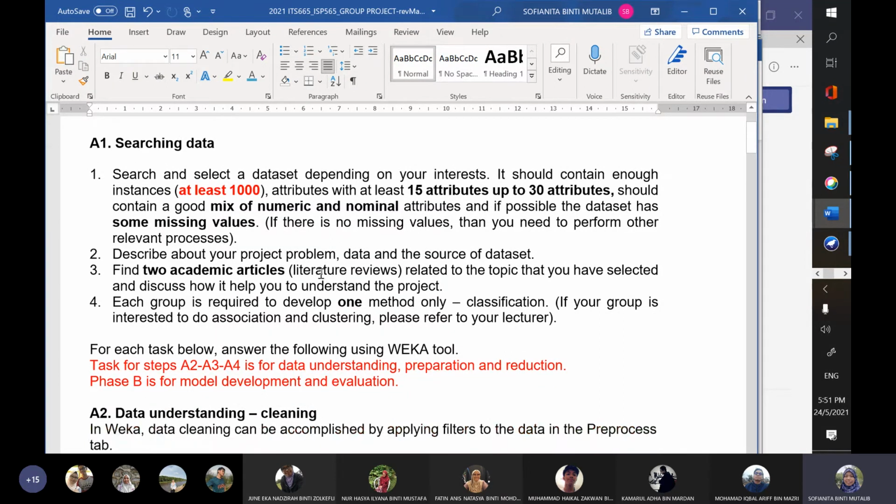You should be able to understand the data set domain or the problem, and then find two literatures, the most significant literatures relevant to the data set.